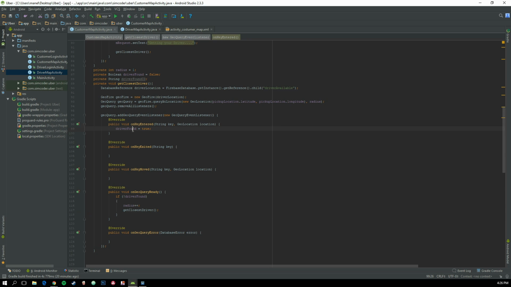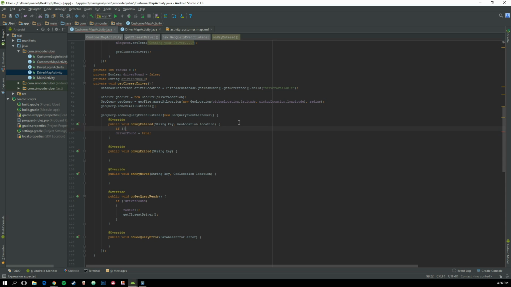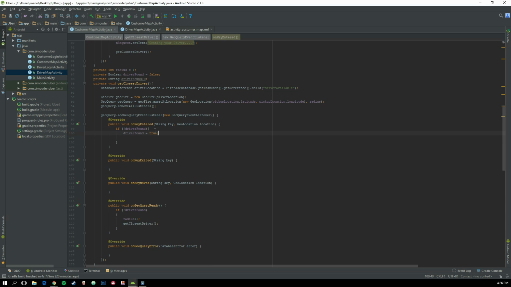And now we are going to actually fix the onKeyEntered function, because yes, we know that the driver has been found, but we don't do anything with it at the moment, so we need to do that. And let's again say if driver is not found, then driverFound equals true, and driverFoundID equals key. And we have to have this if not driverFound, because if you have multiple drivers in that 1 kilometer,